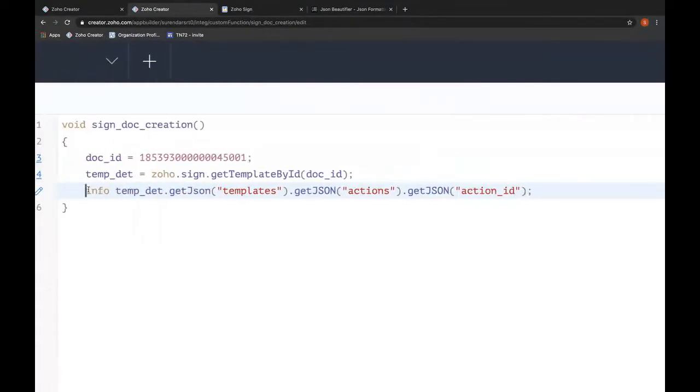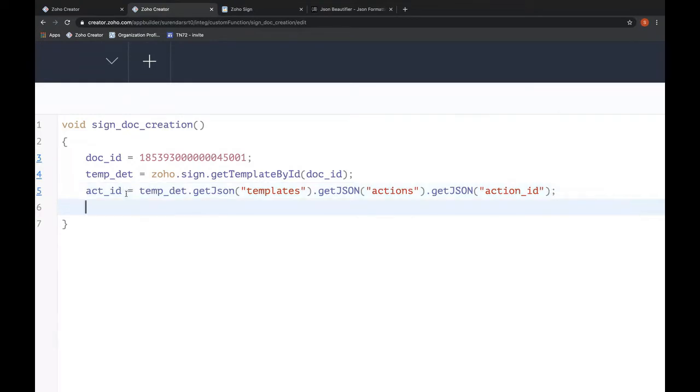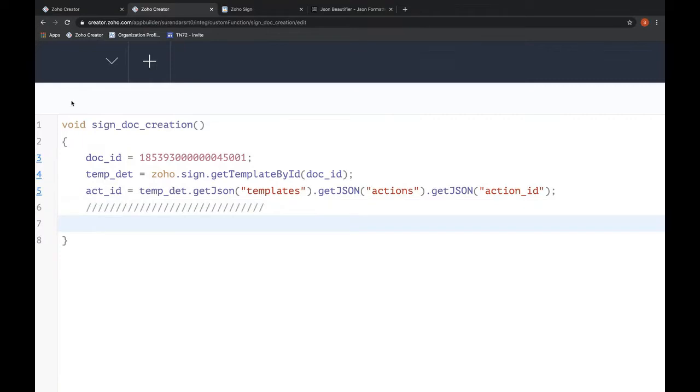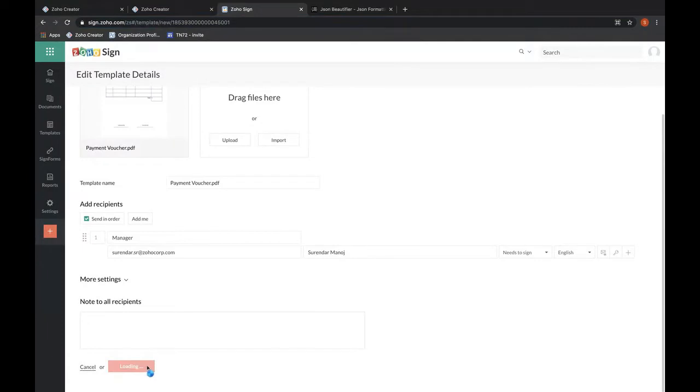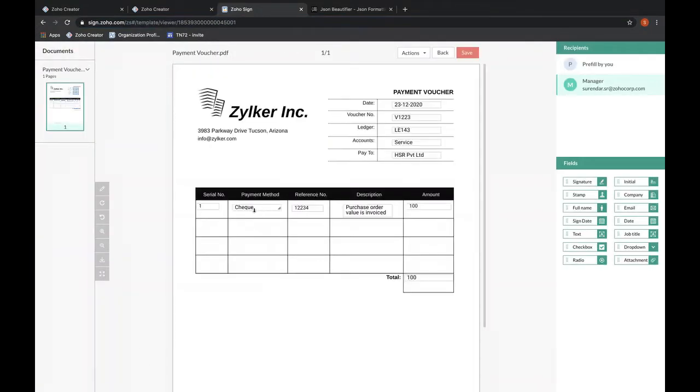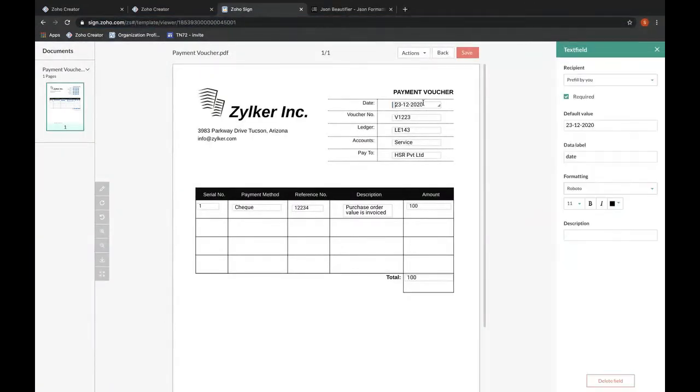Let me just store this action ID into a variable. So action ID is equal to. Okay. So now we got the action ID. Let us go ahead and start building our fields based on the documentation. Okay, so we have to create a map. So sign. Let me go ahead and continue. So the fields which we have are like